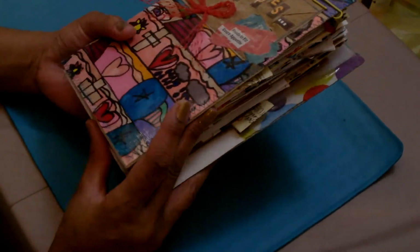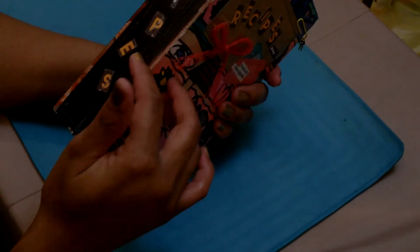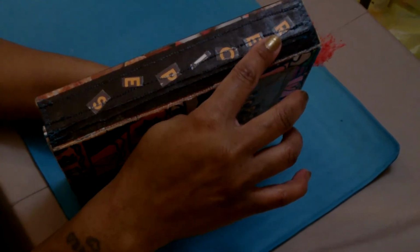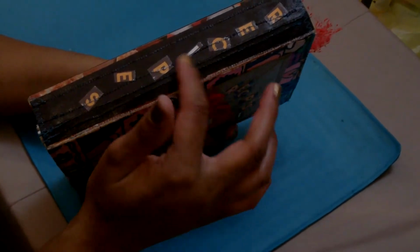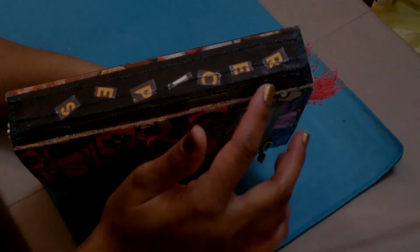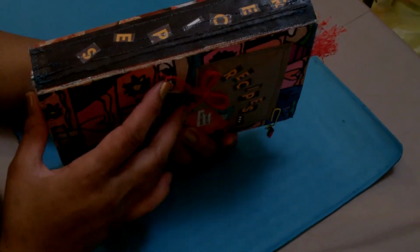Now I did make some mistakes while I was trying to make this. One would be my spine. I decided to just sew my signatures in, but I had already decorated the spine area here that says recipes, and the letters were actually just cut out of a junk mail flyer. So I spelled out recipes on the spine here with the junk mail, but you can see the stitching through here. If I would have thought this through, what I would have done is sewn these signatures in